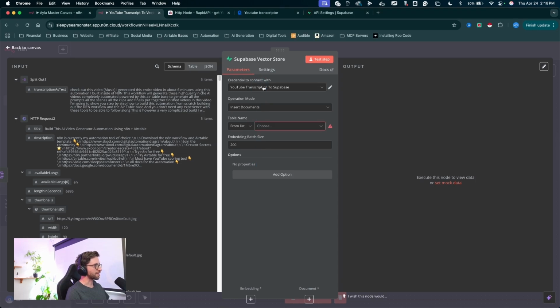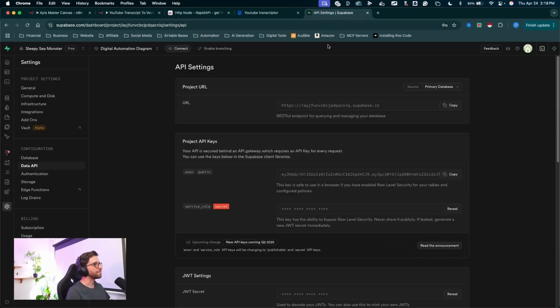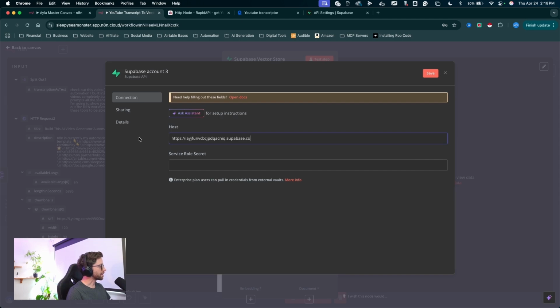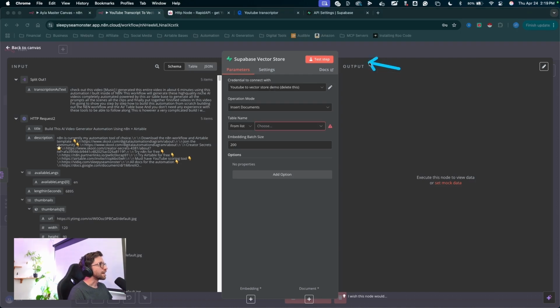So I'll drop this down here, click on create new credential and paste in my URL right here for the host. For the service role secret, let's jump back over there to Supabase, and you'll need to reveal your secret key, copy it, and then paste it. I'll go ahead and do that. Back in n8n, I copied my service role secret key and I'll paste it right here. Now we can name this credential. You can name yours whatever you want and save it. Great, I'll close down this window and we have our credential set up,